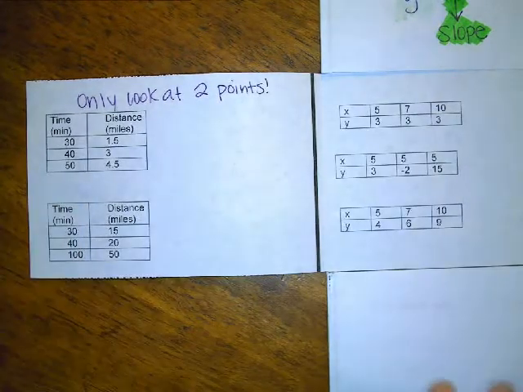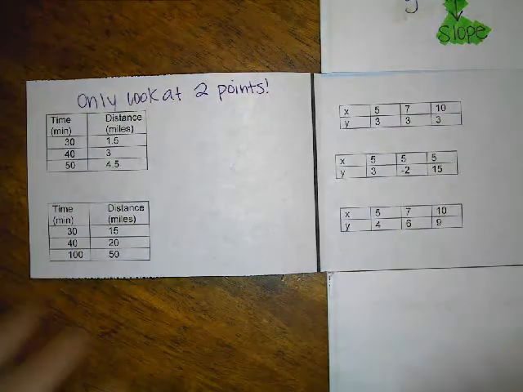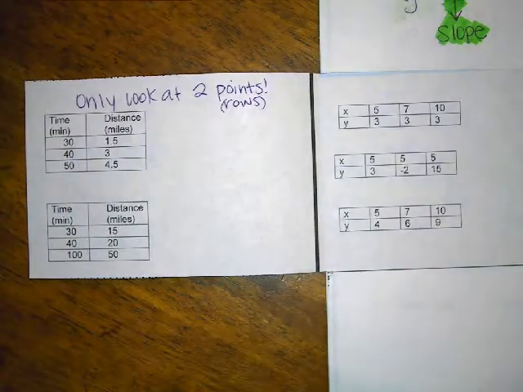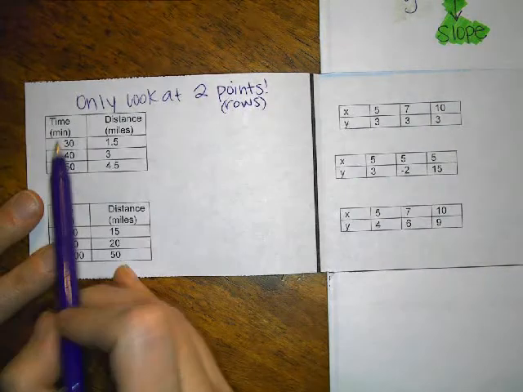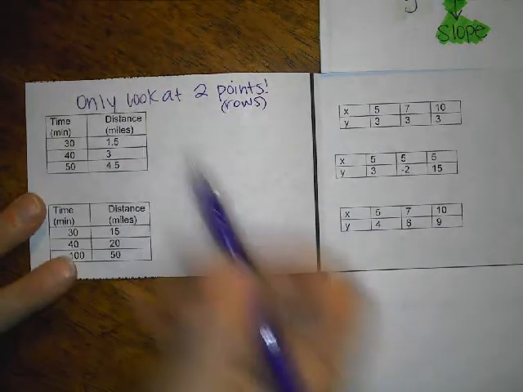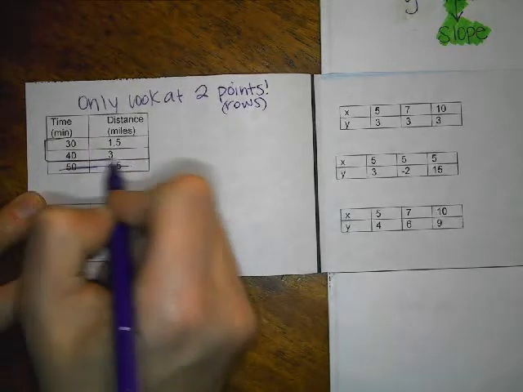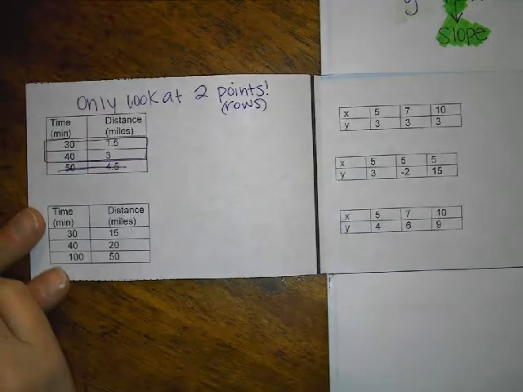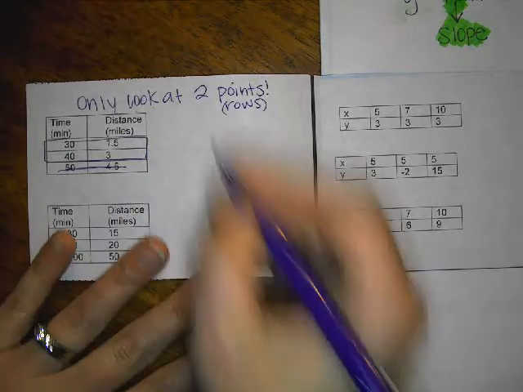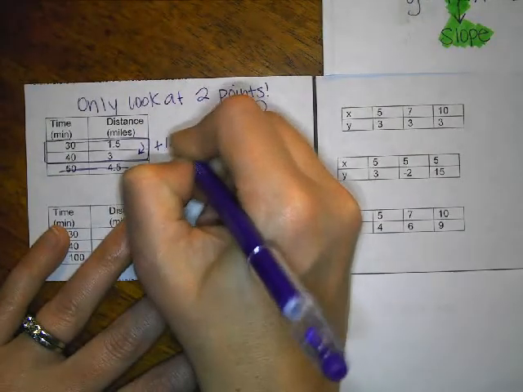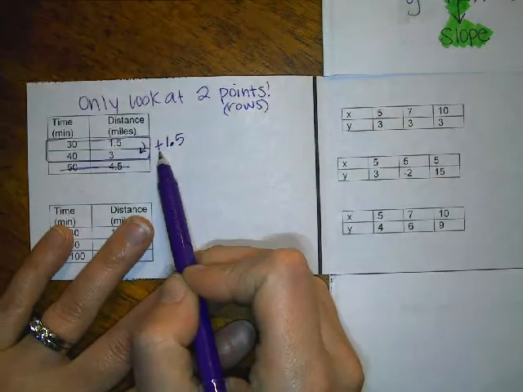If there's more than 2 rows on the table, then you can cross them out. We aren't going to be concerned about any more than just 2 rows. So I see 30, 40, and 50. I'm going to go ahead and cross off 50 because I don't need it, and I'm just going to be looking at these 2 rows right here. Between 1.5 and 3, it's very important that you put whether or not it was positive or negative